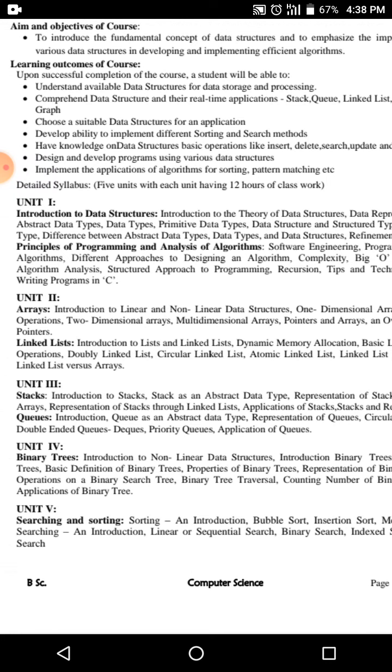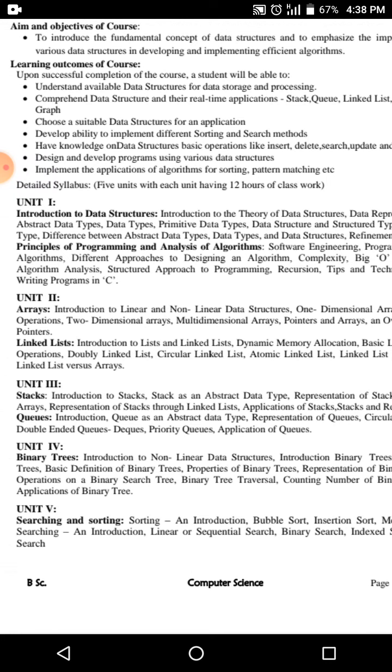From the next unit we will see the different kinds of data structure, arrays, linked list. So we will discuss in detail later. And the third unit, we see the stacks and queues. Fourth unit, trees. And in the last unit we will see the different kinds of searching and sorting, how the data will be sorted in ascending or descending order. Otherwise we can search an element from the group of data.